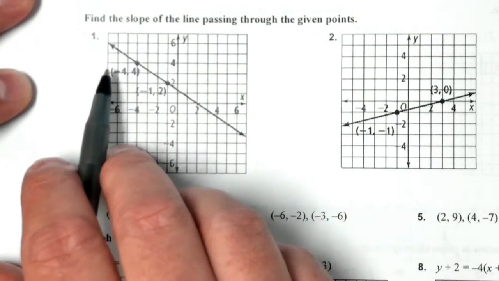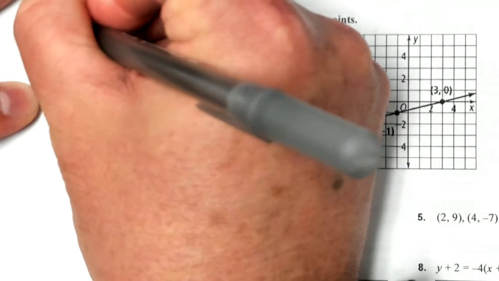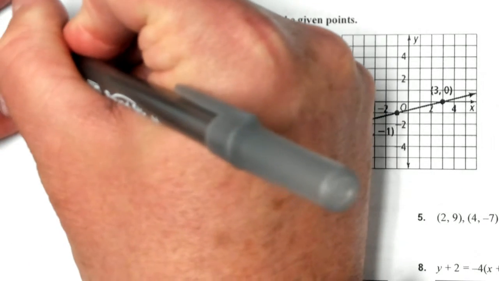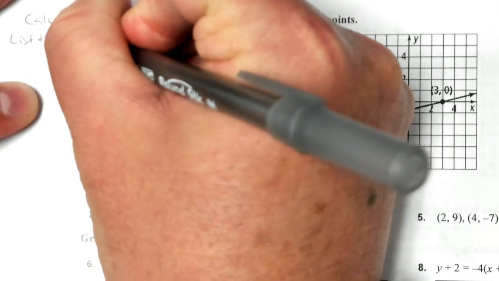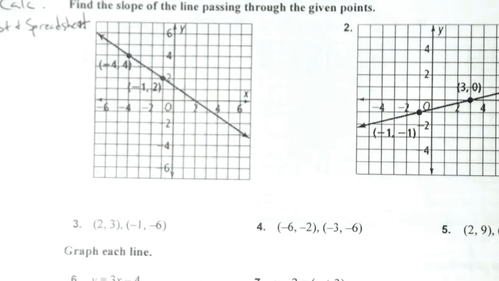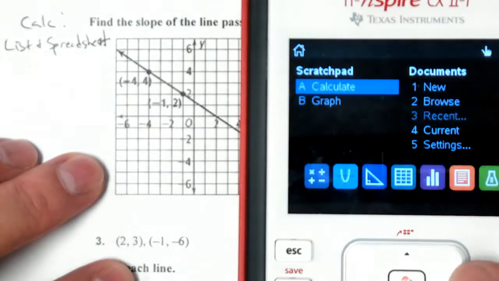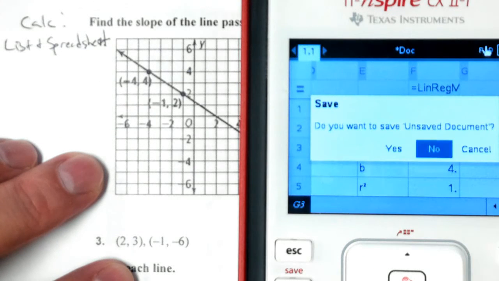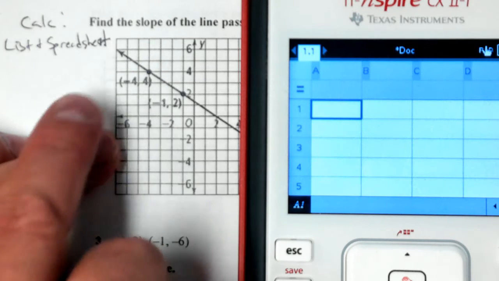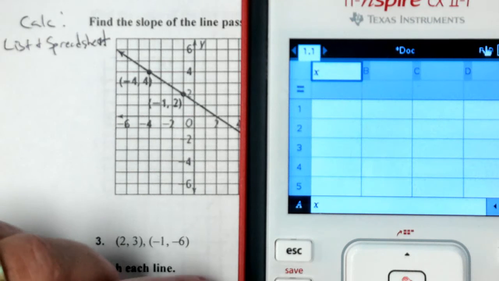So what we're going to end up doing for this is using the calculator like we did on the reteaching. And the main thing is, remember, you do list and spreadsheet. List and spreadsheet. Okay, so we go over to new document, and then list and spreadsheets number 4, and then you put in your ordered pairs, and you got to put X here and Y here,